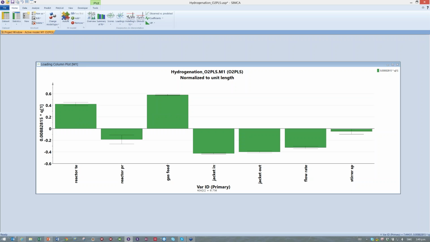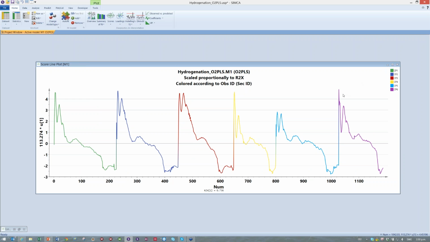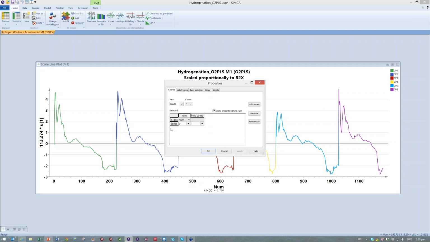Whereas, for instance, stirrer speed has a very small loading, so variation in stirrer speed is not really following the chemistry of the reaction. So now that we have looked at the information overlap, we can go in and start to look at the unique variations that are confined to just one of the blocks. And it's very easy to do. We're just selecting